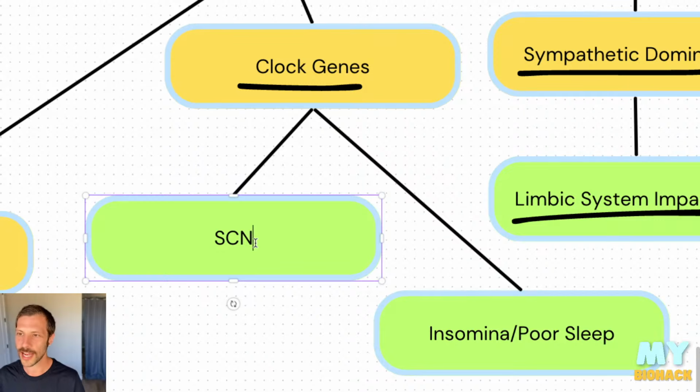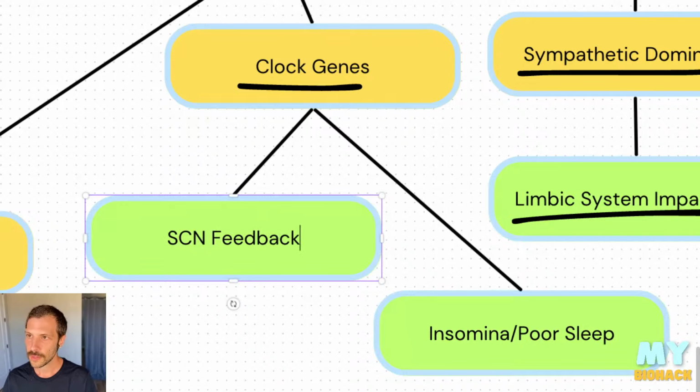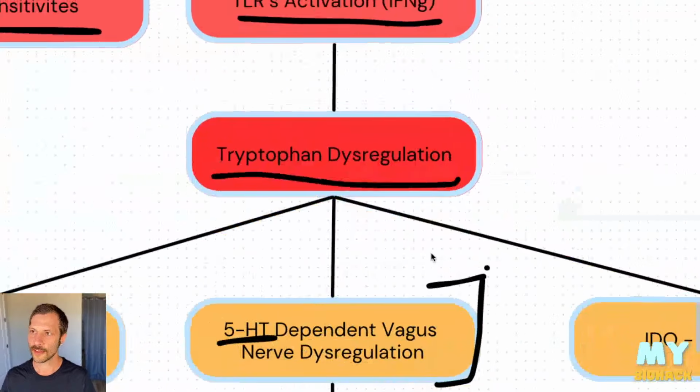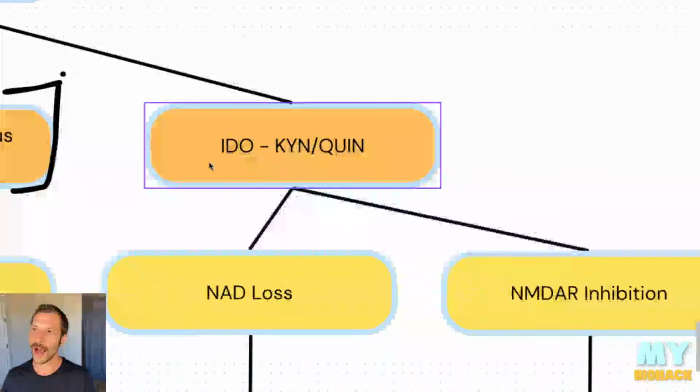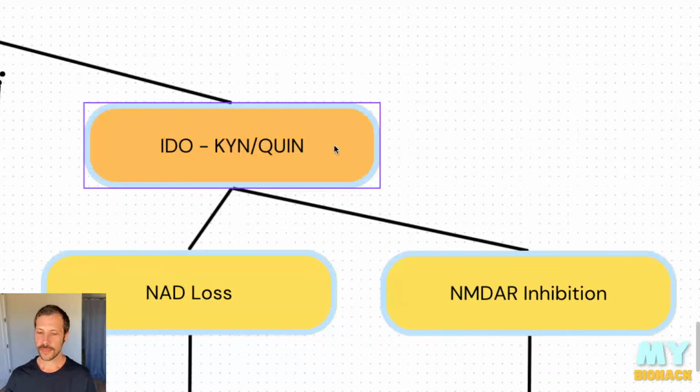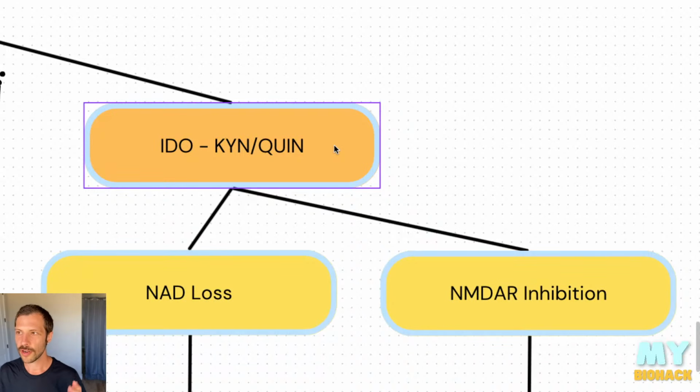So you get issues with your suprachiasmatic nucleus because it is a feedback mechanism. All right, let's go back up to more about tryptophan dysregulation. That causes IDO to upregulate. IDO essentially creates kynurenic acid, kynurenine, and quinolinic acid. These are necessary byproducts in inflammation. Kynurenine is able to downregulate the expression of